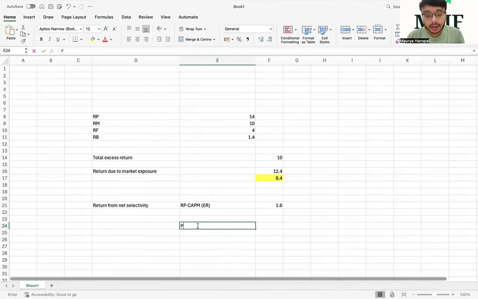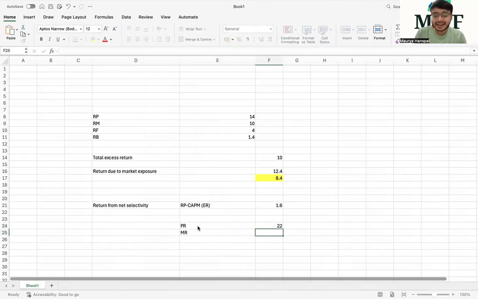Now अगर हम assume करें कि जो पोर्टफोलियो का रिस्क है, the portfolio risk is 22%, और जो मार्केट का रिस्क है, that is 15%. पोर्टफोलियो का रिस्क जो है स्टैंडर्ड डेविएशन है, वो 22% का है, और मार्केट का स्टैंडर्ड डेविएशन 15% का है। ठीक है।